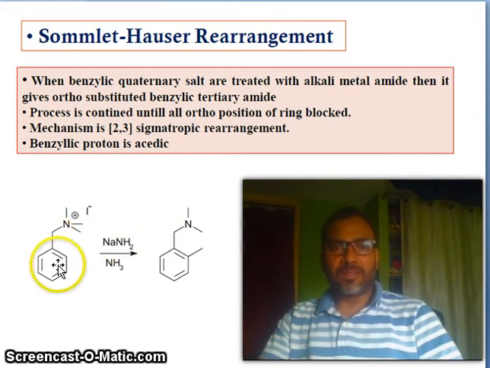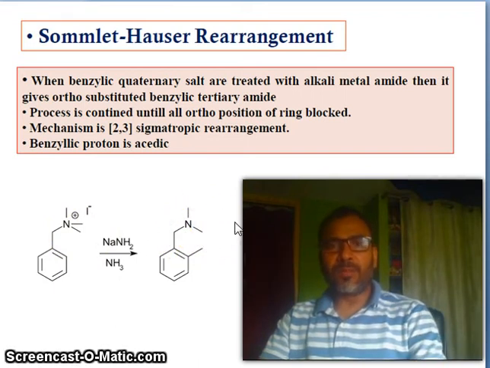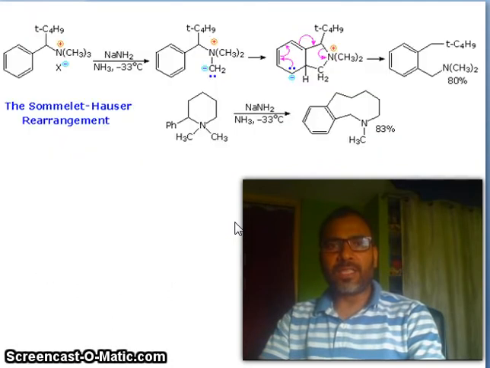What happened here? Look at and concentrate on the product and reactant. Did you find it? Not yet? So look, focus on this point, and this point, and focus on this point here. What happened? Before that there is nothing here. Now there is a methyl group. Here it was a quaternary salt, now it becomes tertiary. So this type of reaction is known as Sommelet rearrangement.